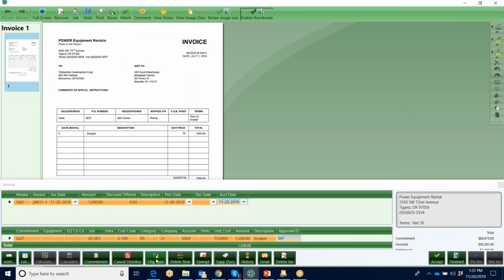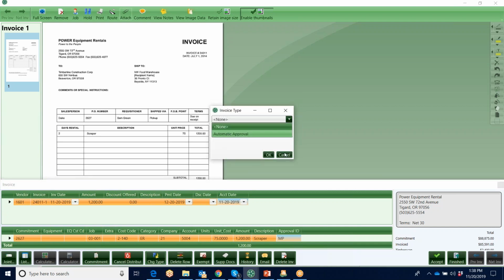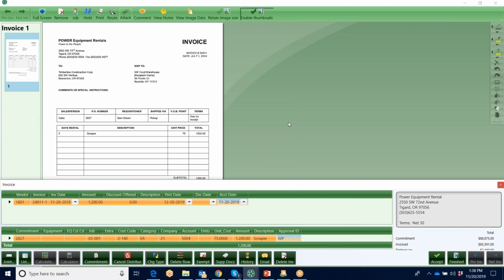You can also use the change type option, and this gives you the ability to set up some exception rules where, if maybe you had a high priority invoice that you needed to get a check cut right away and you didn't want it to go through your normal routing and approval, you could set up these are user defined. I have one called automatic approval. You could have something called high priority, urgent, whatever you want to call them. And it just gives you some flexibility, like I said, to set up some exceptions and override your rules in